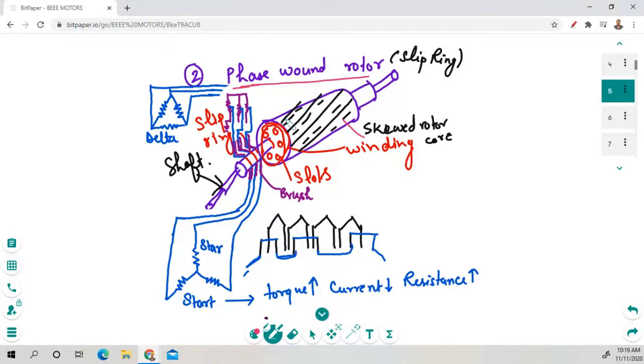These brushes and slip rings are connected with two connections. One is a delta connection, another one is a star connection. Okay. So Pankaj Singh is saying, sir, what is Ns? We have explained how this Ns is going to depend. Ns is inversely proportional to the number of poles. So this synchronous speed, Gautam is saying synchronizing speed. Okay, so if your number of poles,